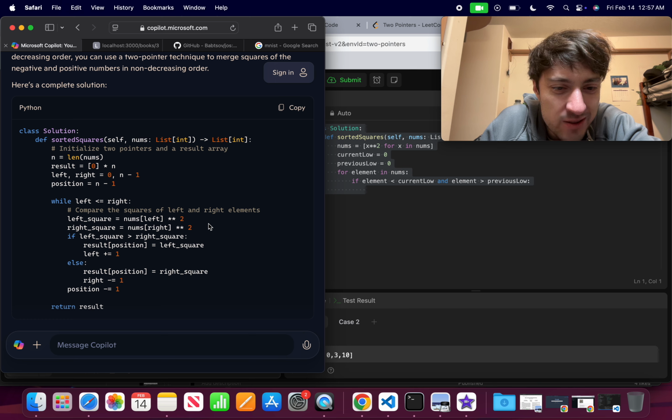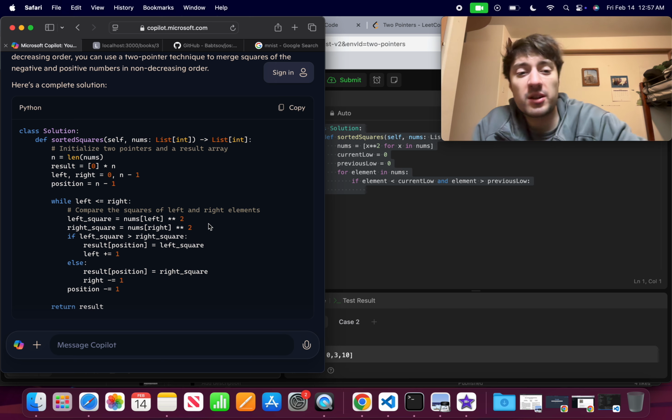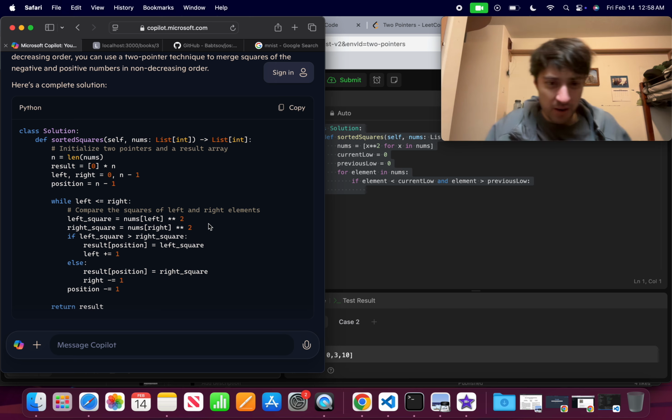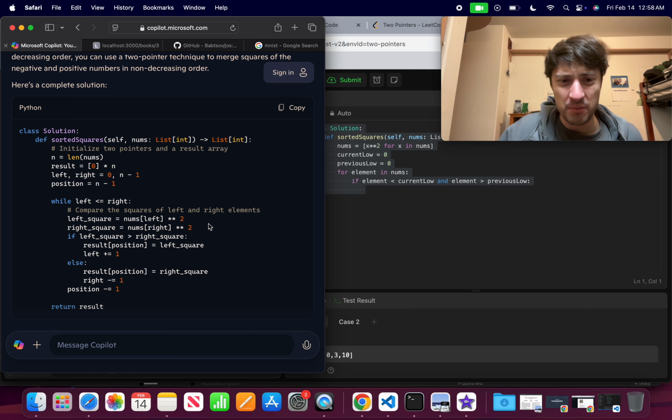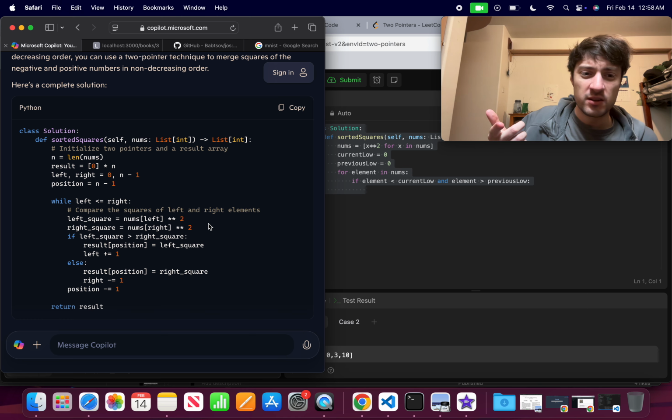Left square, right square. So I see that it's using the two pointers, left and right. Result position, left square, right square. Well, it's doing something. It's having fun. I'm gonna let it live its life. Yeah. So there's the answer, and